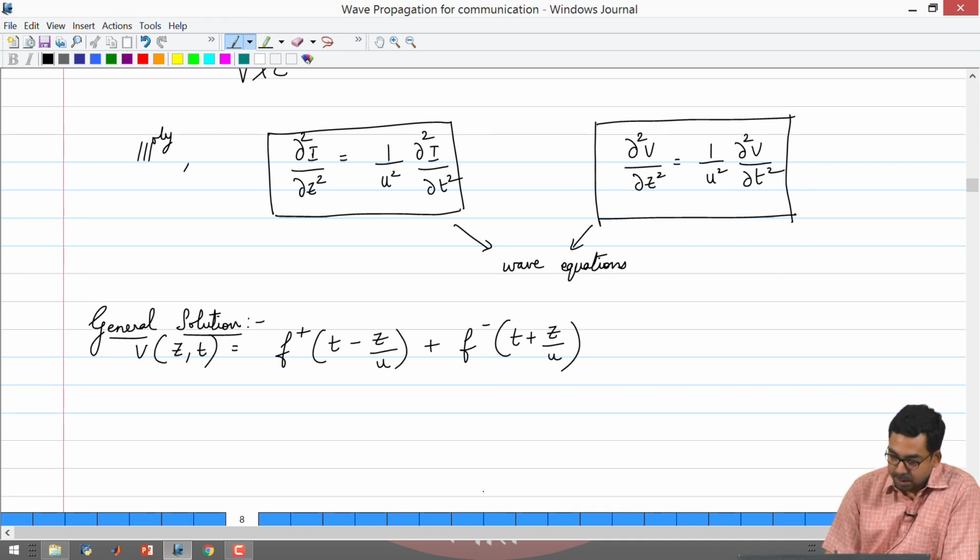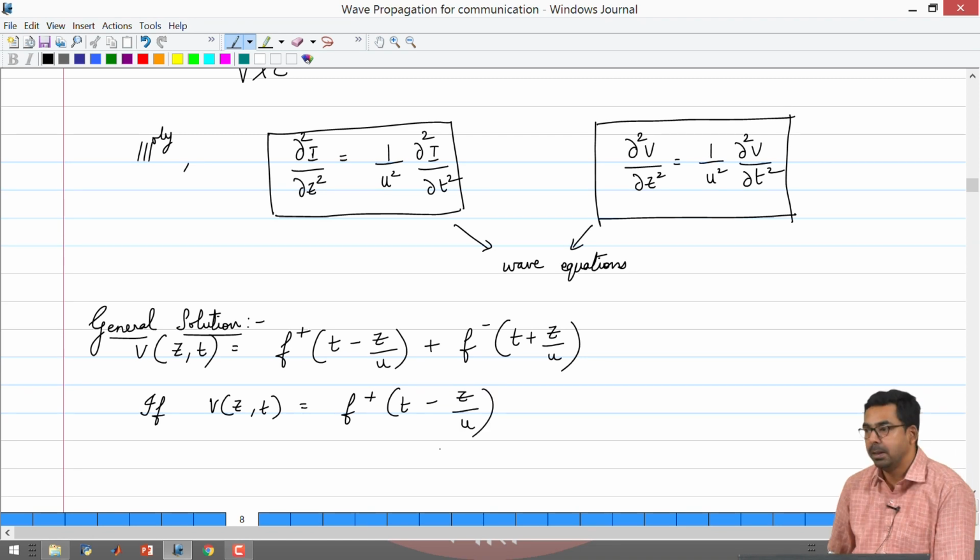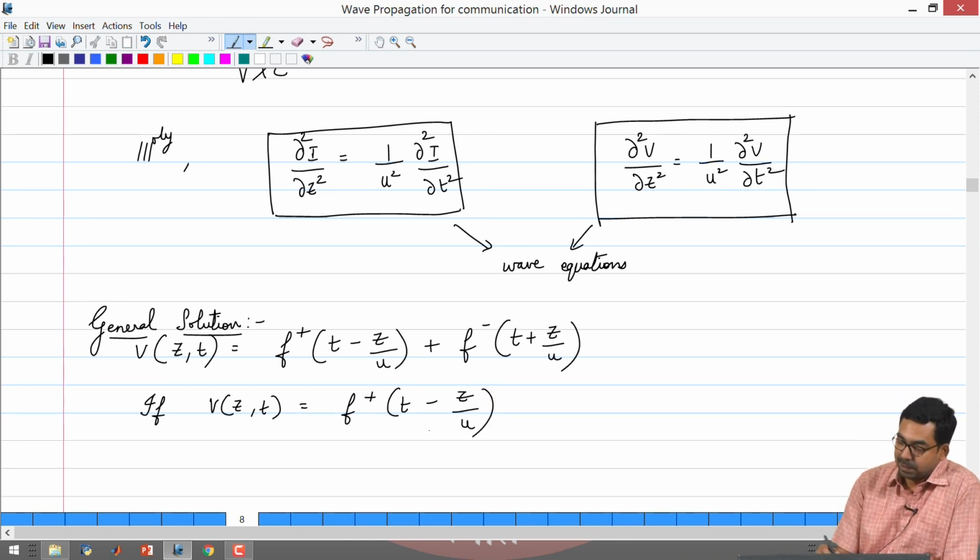So, if somebody asks how do you know that this is the general solution, the general answer that is given is take this solution, substitute it in this equation, try to find the left hand side, try to see the right hand side and see if they are equal. If they are equal, you know that it is the general solution. So, in this case, we can take the first term alone, right. And we can plug this into the voltage equation and see what left hand side and right hand side are coming to be.